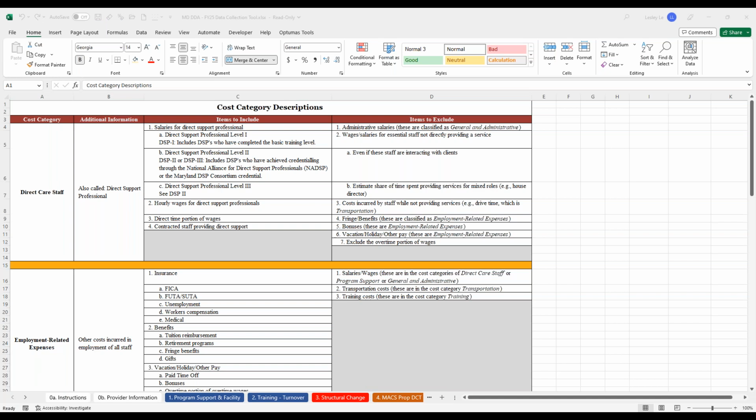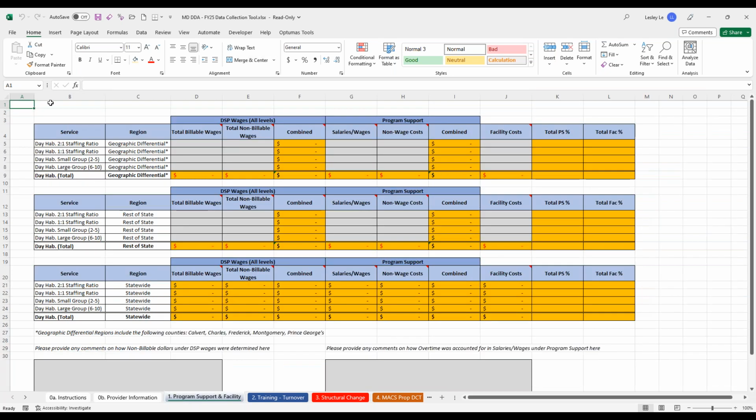Thank you, Leslie. Our basic advice for any question is to fill it out to the best of your ability. Give us the most detail that you can. Add comments for context. If, for example, you aren't able to split out billable and non-billable wages, feel free to input the combined wages. If you can't split it out by service, feel free to put the total in.